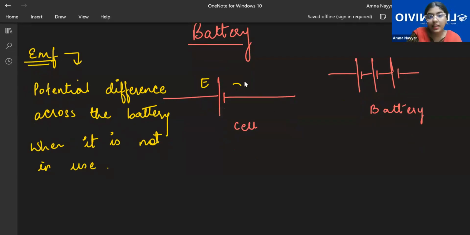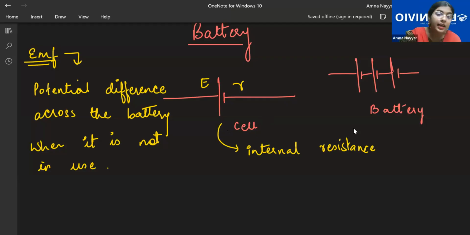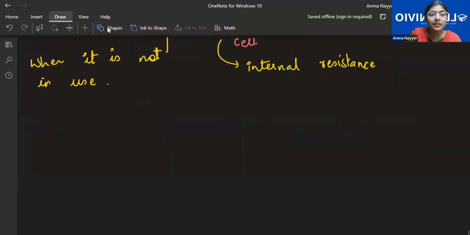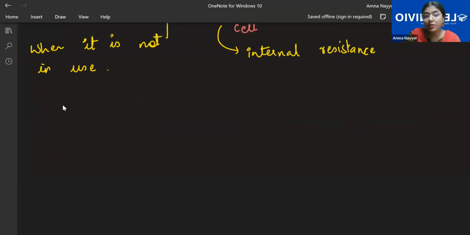So EMF will be there, and its internal resistance will be there. Now the resistance of this cell will be called the internal resistance. Now these things we have already started, so that's why I've written it very concisely. You don't have to go into the details of it. But yes, Jesslyn, one thing is important here. The three cases which I discussed with you, one was the open circuit. These three cases are very important. Here again, it will come.